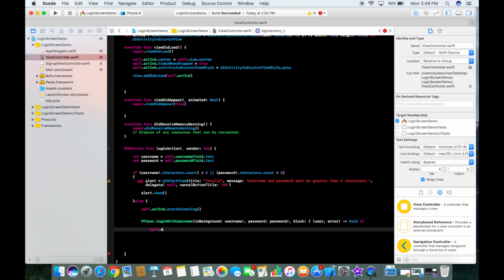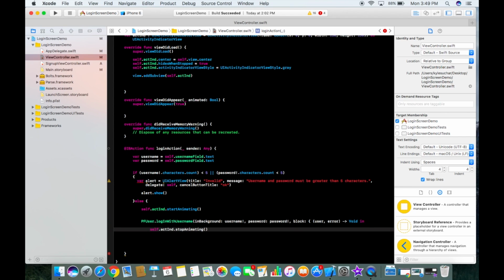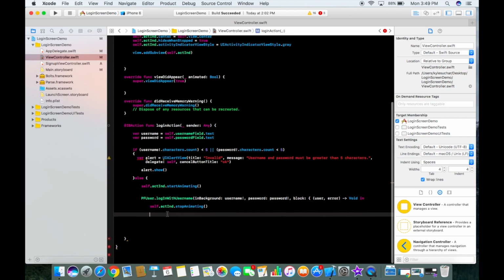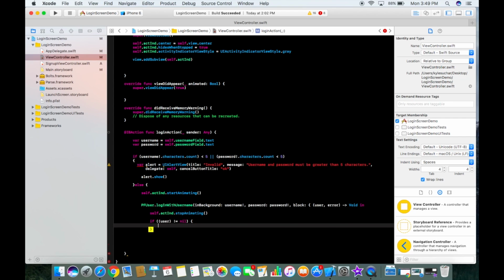And then after that, we're going to stop our animating for our indicator view, because essentially, if it does load, then we want it to stop. Then we're going to create another if statement. It's going to be if user doesn't equal nil, then what we're going to do is